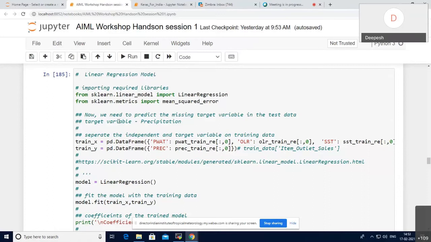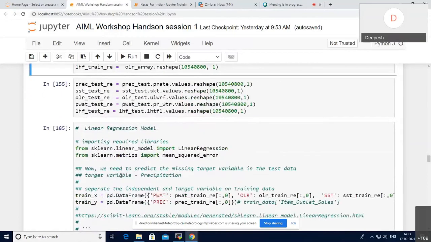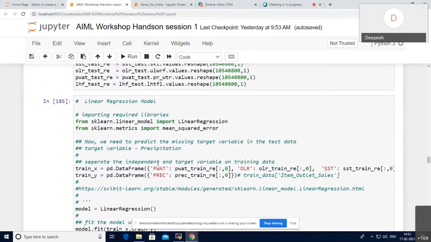Now we need to predict the precipitation, right? So we have two data frames. One is the X data frame that is going to be the input to the model, and then we have training Y, which is the precipitation. After we have linearized this, I'll just define a data frame which has three columns. The first one is precipitable water, the second one is OLR, SST,